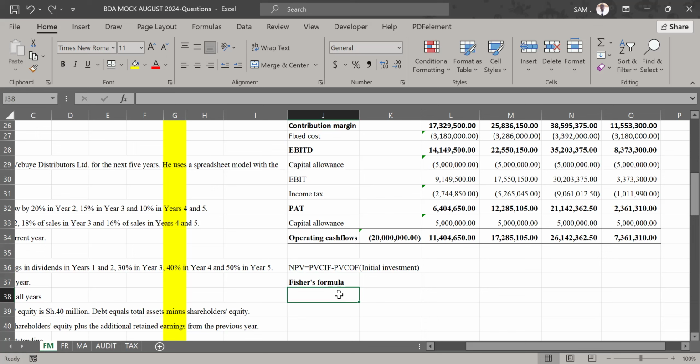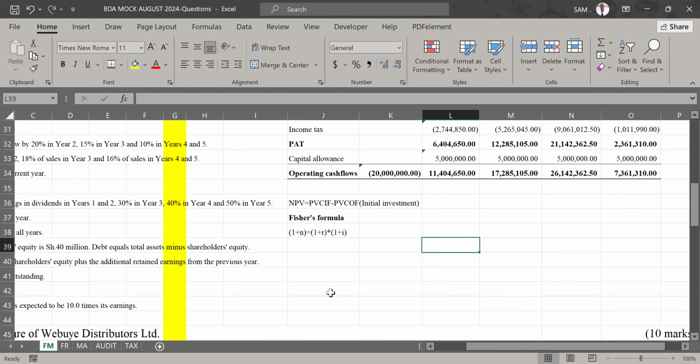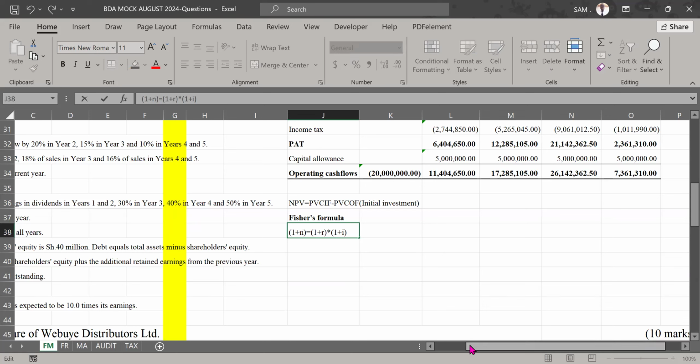We know that Fisher's equation is usually 1 plus n equal to 1 plus r. We close that bracket, then we multiply by 1 plus i, which is the inflation adjustment. I believe I've gotten it correctly if my memory serves me right. 1 plus n, the nominal, then that is the real rate, then the inflation adjustment. Then now, if we make n the subject of that formula,